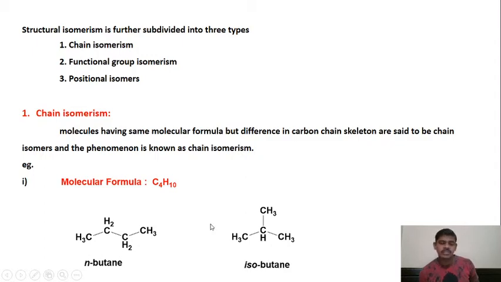Now move over to isobutane. 3 hydrogens plus 3 plus 3 is 9, plus 1 is 10, right? So 10 hydrogens are there. Carbons: 1, 2, 3 and 4, so 4 carbons are also there. So both compounds have the same molecular formula, C4H10, but one is a straight chain and the other is a branched chain, right? This is the straight chain structure and this is the branched structure. The name of this compound is n-butane and the name of this compound is isobutane.